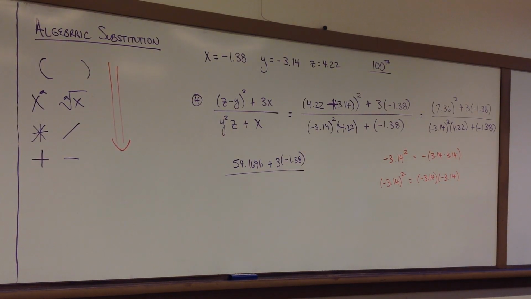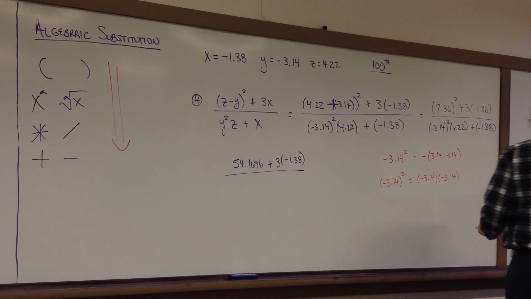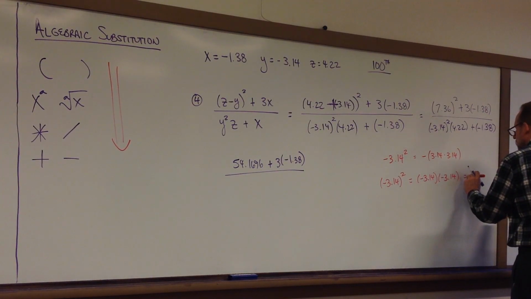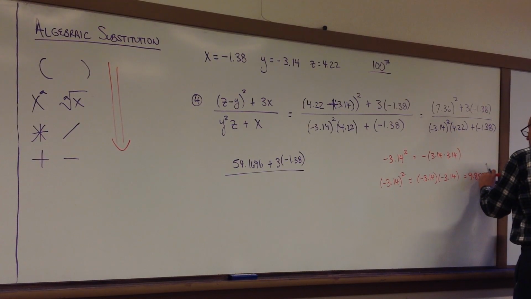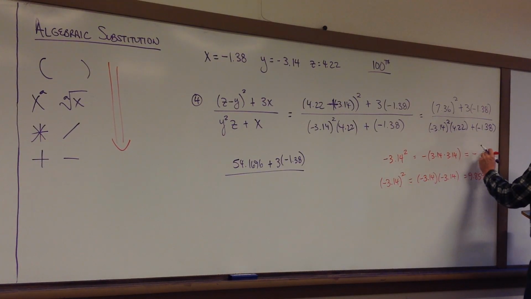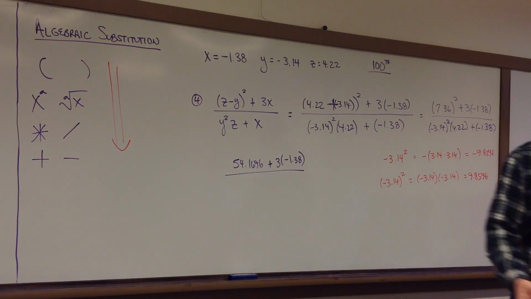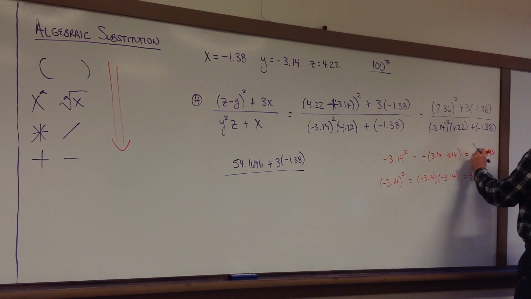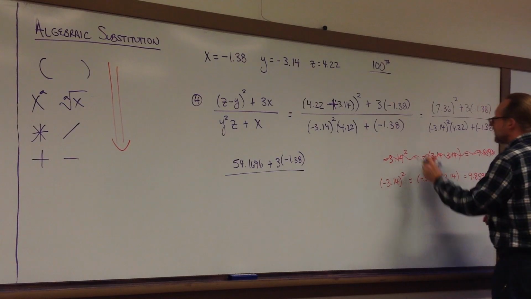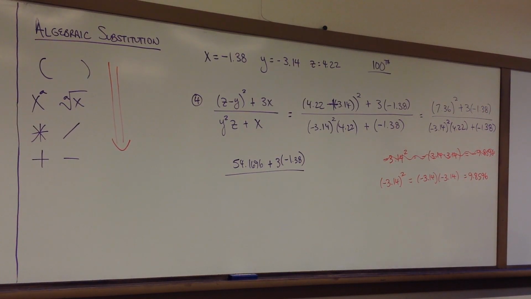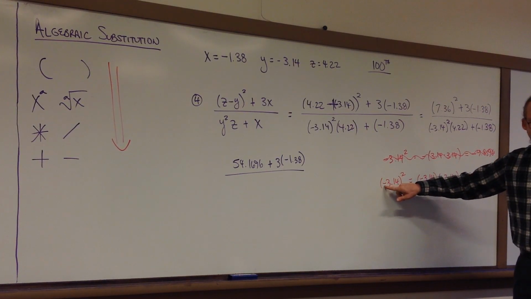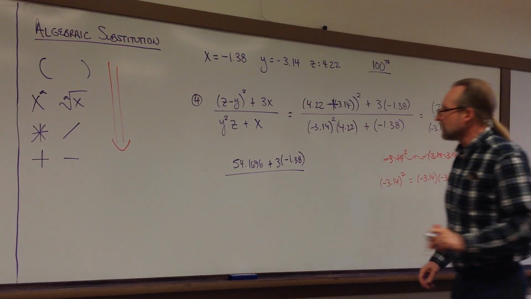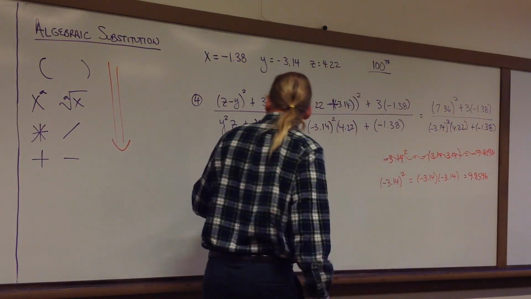So let me go ahead and square this number, 3.14 squared. 9.8596. This, which is incorrect, is negative 9.8596. And like I said, I see a lot of people make that mistake, and not just in Math 70, I see it in Math 111 and a variety of other places. Please don't do that, okay? If you're going to square a negative number, be sure to put it inside parentheses so that we do that correctly. All right, so